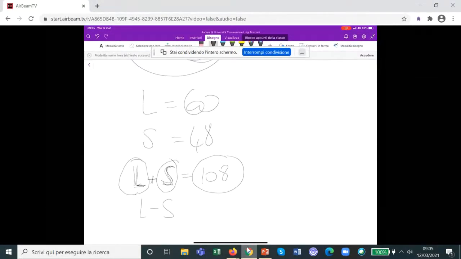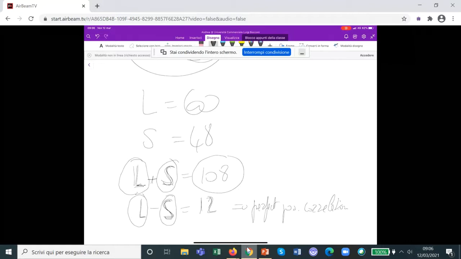Alternatively, you could say take L minus S, which would be 12, okay? This clearly is the opposite. It's not prudent at all. It's basically assuming that when you lose here on the long positions, i.e. the euro appreciates, you gain on the other side, i.e. the euro appreciates with respect to these currencies as well. So this is assuming perfect positive correlation among exchange rates for long and short, and this is assuming negative correlation, okay?